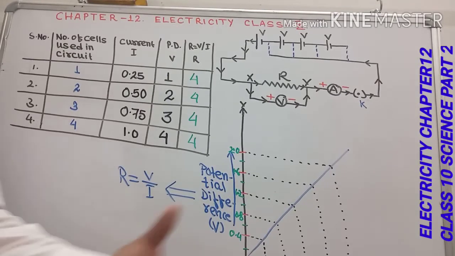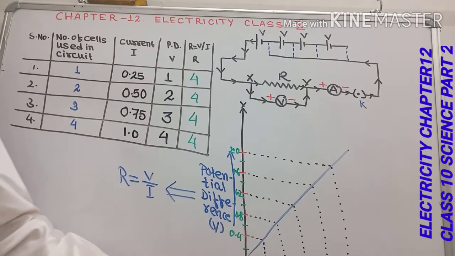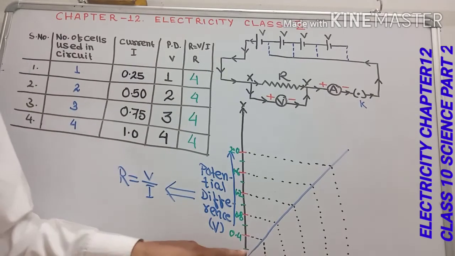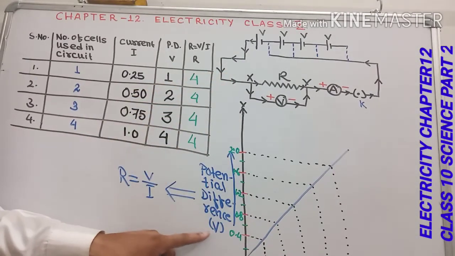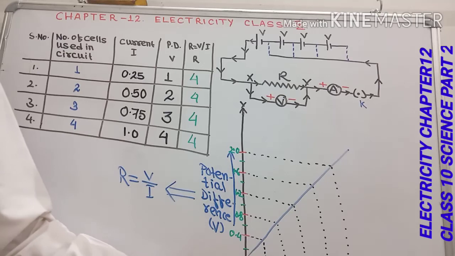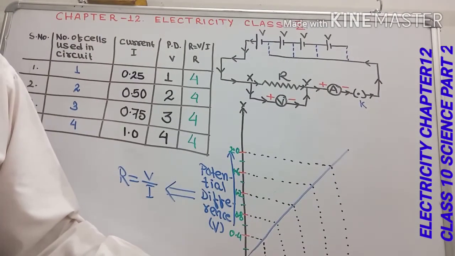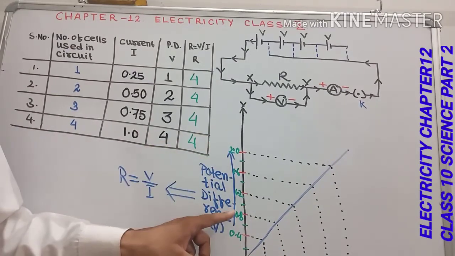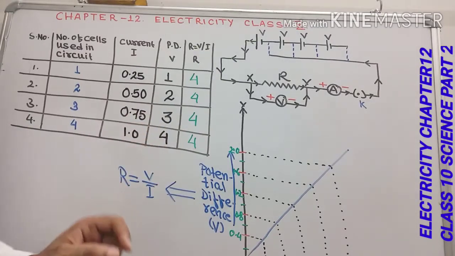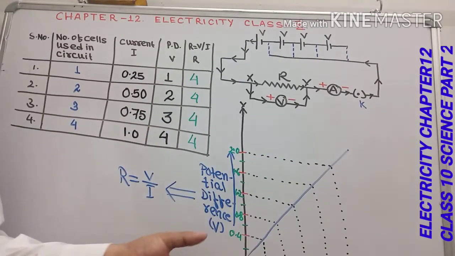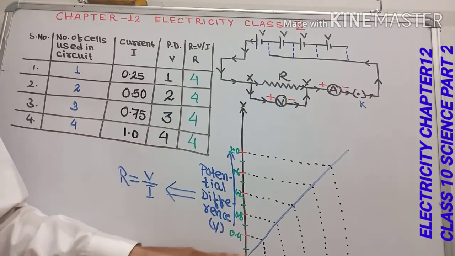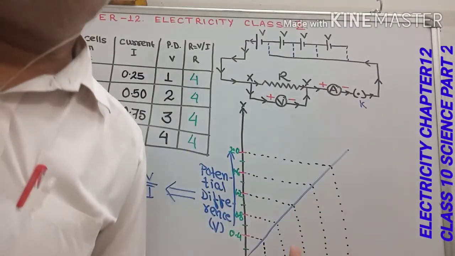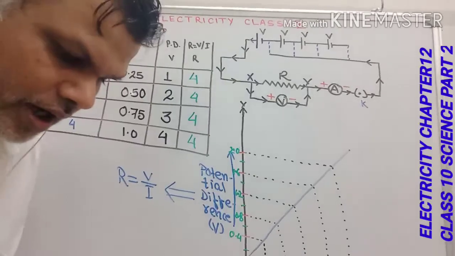Now we can see here that in this graph the x-axis shows the flow of current in ampere, and on the y-axis there is potential difference in volts, and we have taken the current 0.1, 0.2, 0.3, 0.4, 0.5, 0.6, and the potential difference 0.4, 0.8, 1.2, 1.6 and 2.0. When we have calculated and drawn this graph, we find that it is a straight line, and if we want to find the resistance from this graph, we can very easily find it like this.